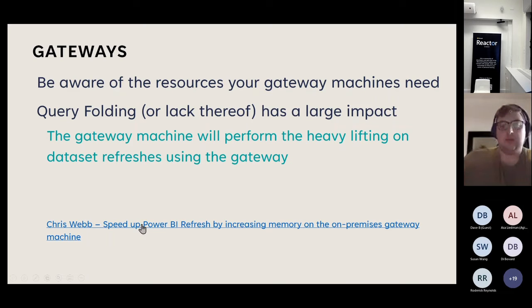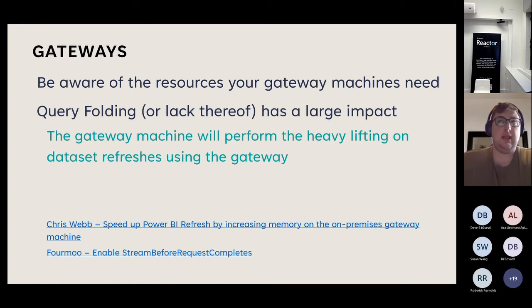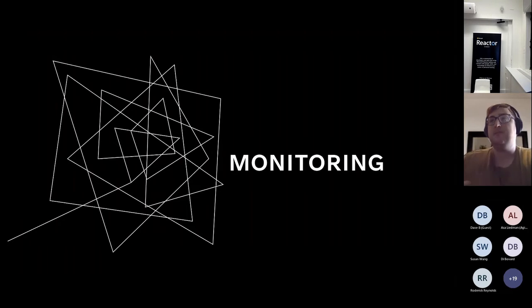Then I've also included some links on making sure how you can speed up things with the gateway, how you can get some insights in the gateway, so you'll definitely have some reading done for you in the long run as well. Then the last brief piece before we go into Q&A, the piece of monitoring, is a very popular